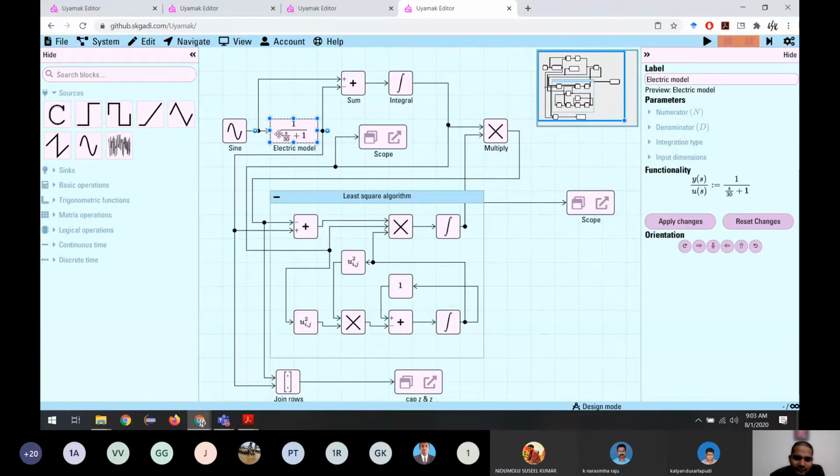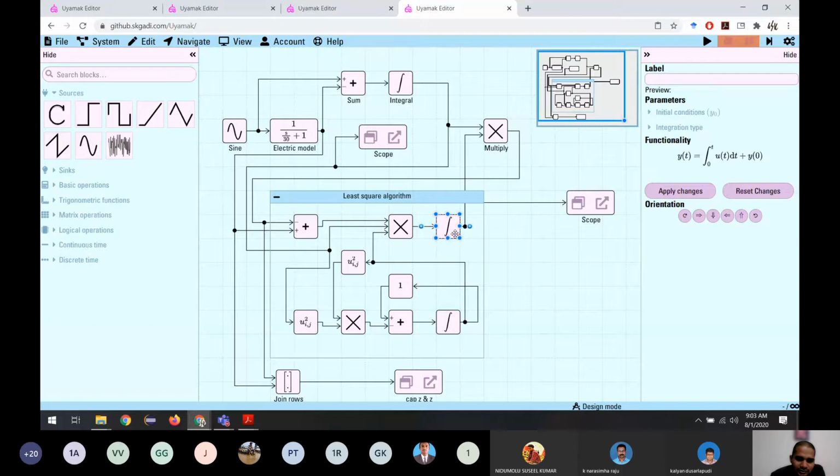But if we use, instead of transfer function, the state space, probably, not the state space cell, because I think even in state space we didn't give that option. But if we use this format using integrals, if we can construct a model, we can change constants there, and it will be working. Yes, it will work.